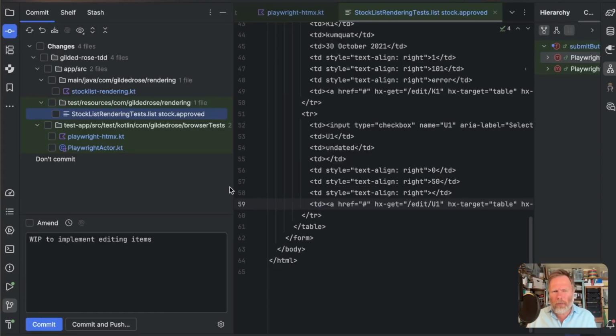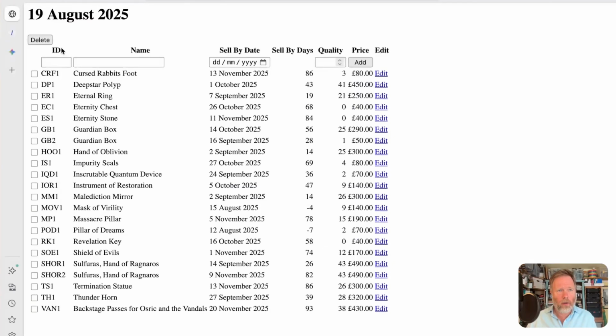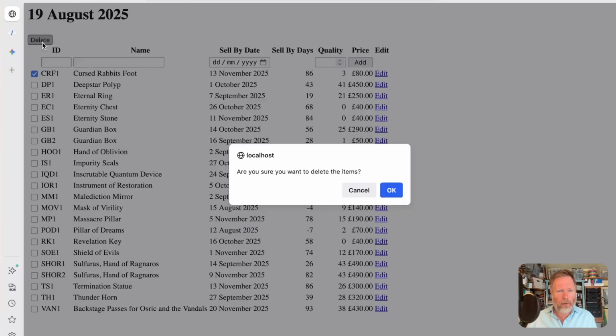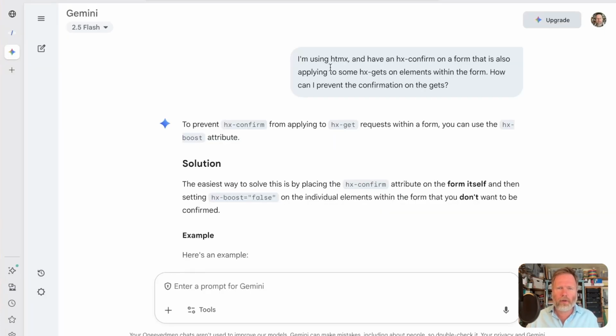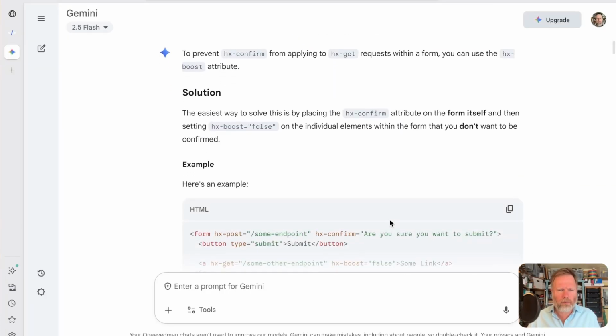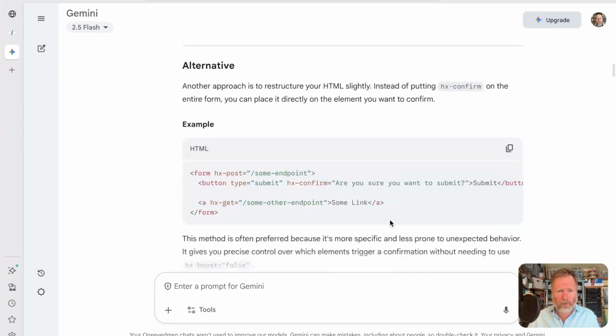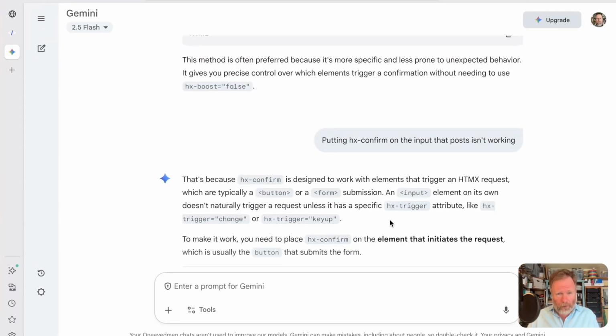I'm not sure whether it had to be me, but Junie really wasn't solving the problem, which you may remember was that clicking any button, it showed the confirmation that we normally get if we click delete. In the end, I had quite a chat with Gemini as a sort of independent third party, and we had a bit of toing and froing about HX boost and so on, but the conclusion in the end was,